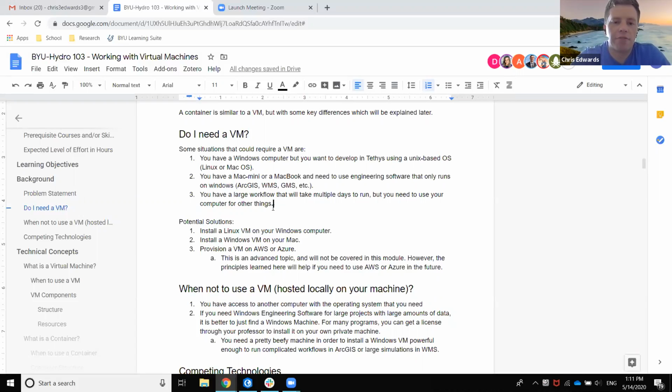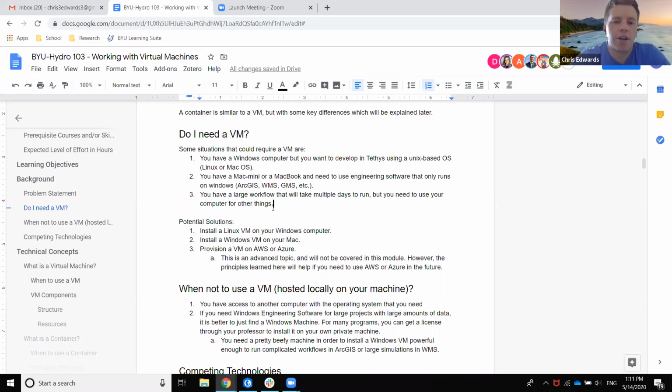They have servers at different locations, and you basically rent out space on their server, and you can set up any kind of computer you want. You can decide how much storage you want, how much RAM you want, how many processors you want, and then you pay for how much you use it.